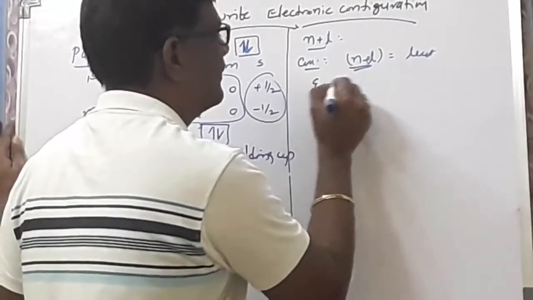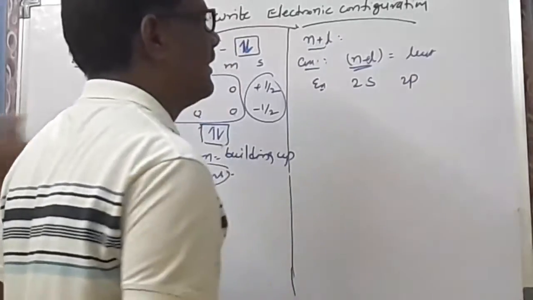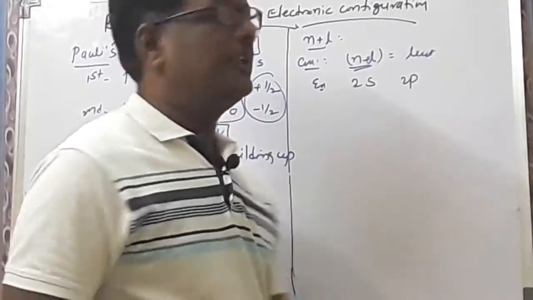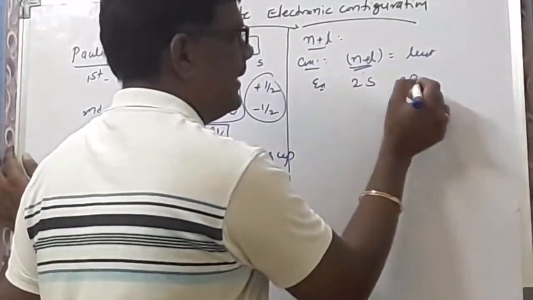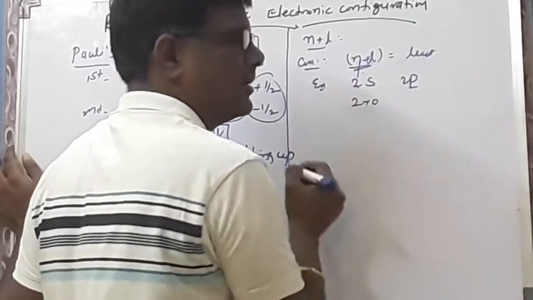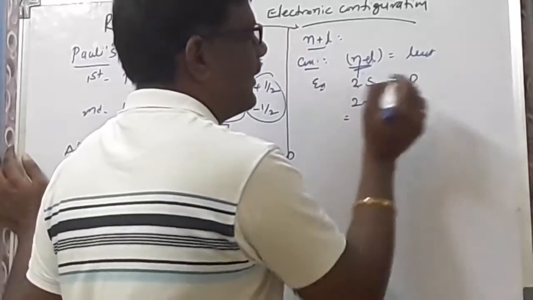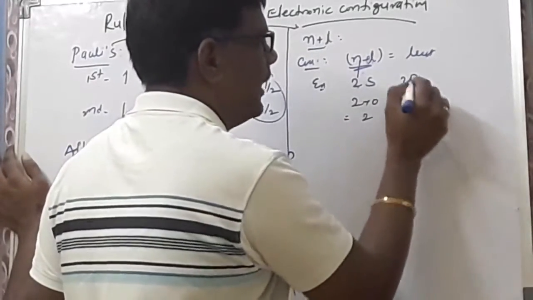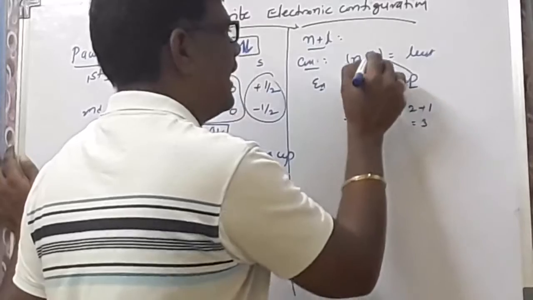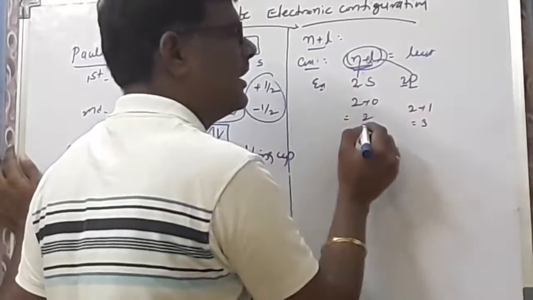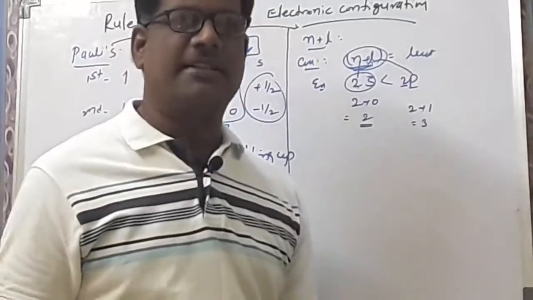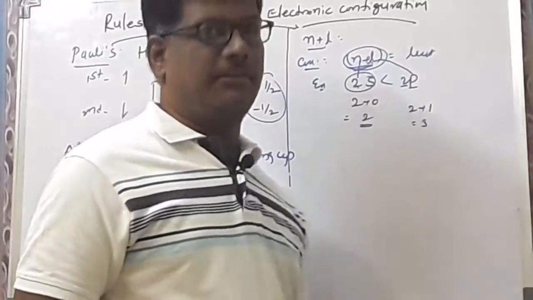For example, I am taking 2s orbital and 2p orbital. Which will have the least energy? In order to calculate this, you have to calculate the n plus l value for each. For 2s, n is equal to 2, l is equal to 0 for the s orbital, so ultimately n plus l is equal to 2. For the 2p orbital, n is equal to 2, l is equal to 1 for the p orbital, so ultimately it is equal to 3. The orbital which has the least n plus l value will have the least energy. So the 2s orbital will have lower energy than the 2p orbital. That's why the electron first enters into the 2s orbital. This is called the